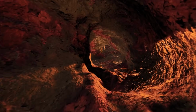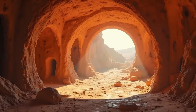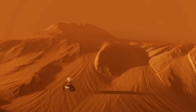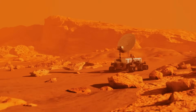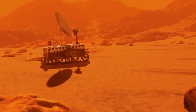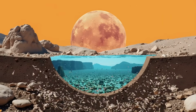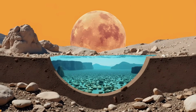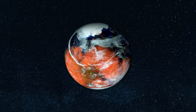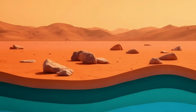That doesn't mean underground life couldn't exist though. This one is still a possibility. And to find more, we must keep looking for hints of water now. Actually, after years of exploring Mars, scientists have just made a mind-blowing discovery. Deep beneath the rocky surface of the red planet lies a hidden reservoir of liquid water. Real water this time, not the frozen ice caps or vapor in the atmosphere, though it's miles below the Martian